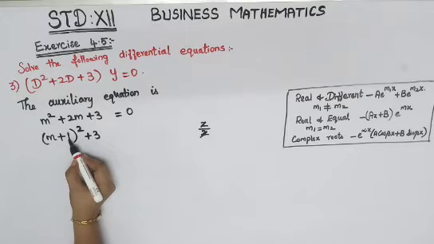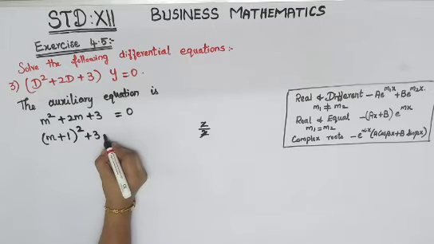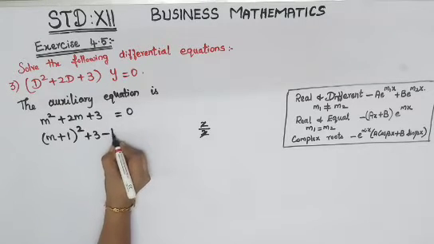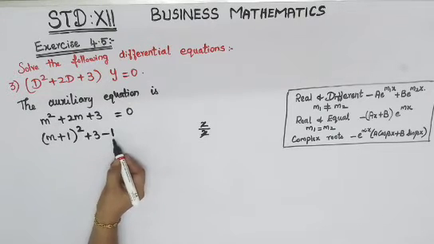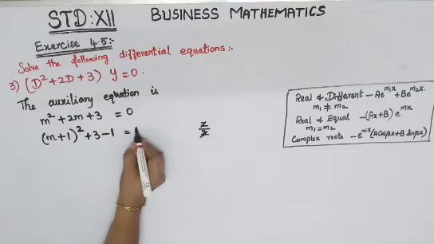Whichever term you are writing, that is 1 only we wrote it. Just square that and bring it outside. So 1 square will become 1 only. When you are bringing it outside, you will bring it as minus 1 because plus 1 we are only adding. So you will have to subtract that 1. Okay. So which is equal to 0.